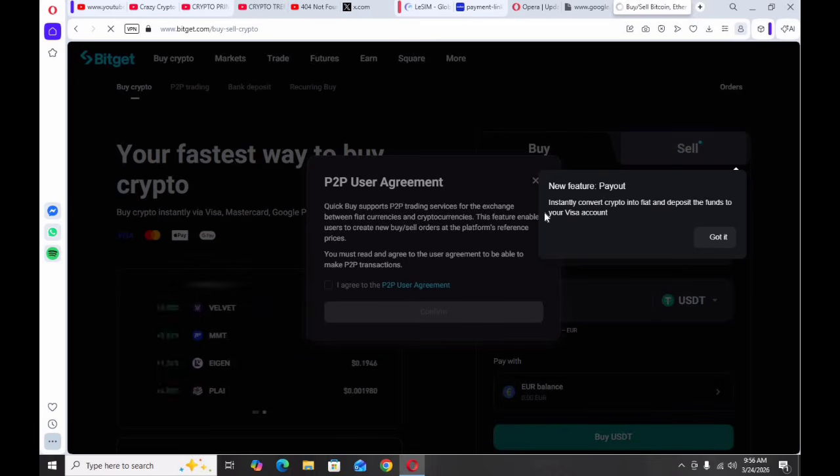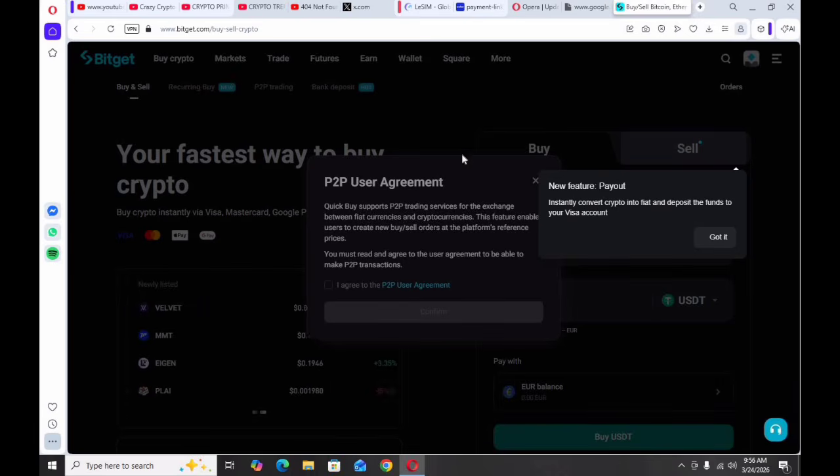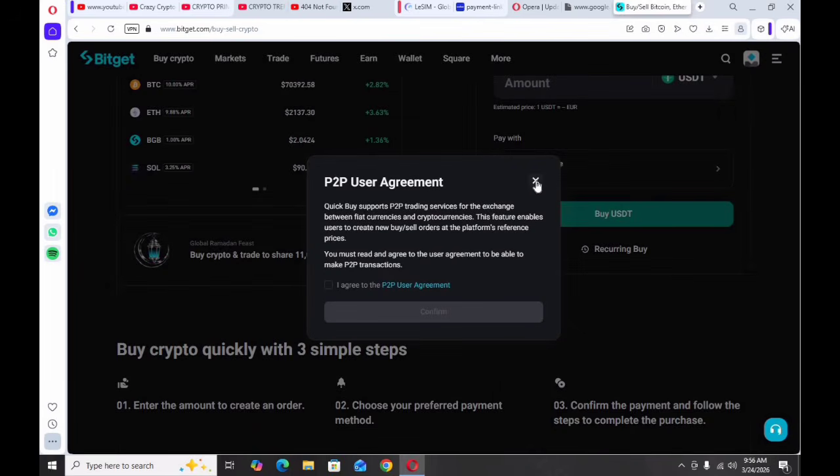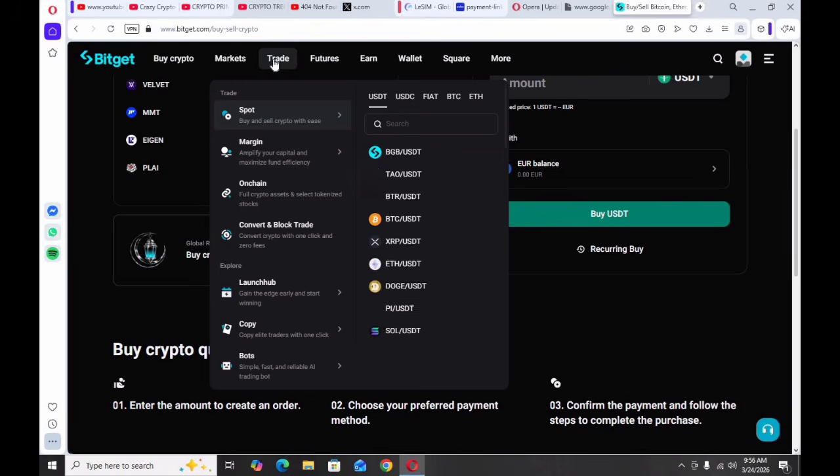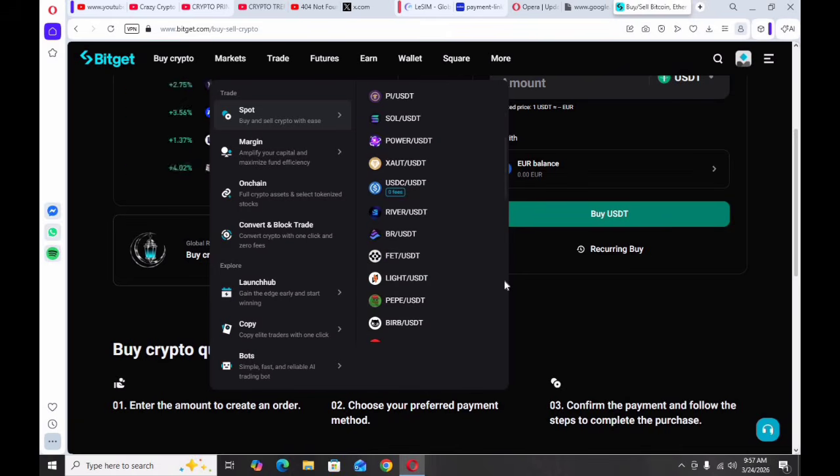Now let's go to the trade section. If you click on the trade section, you can see this is the main part of the BitGet exchange. When you click on the trade option, you can see the different pairs here: BGB, USDT, BTC, ETH, XRP, and different market orders to buy and sell instantly. You can see current prices and limit orders, where you set your own price here. Beginners should start with market orders because they are simple.